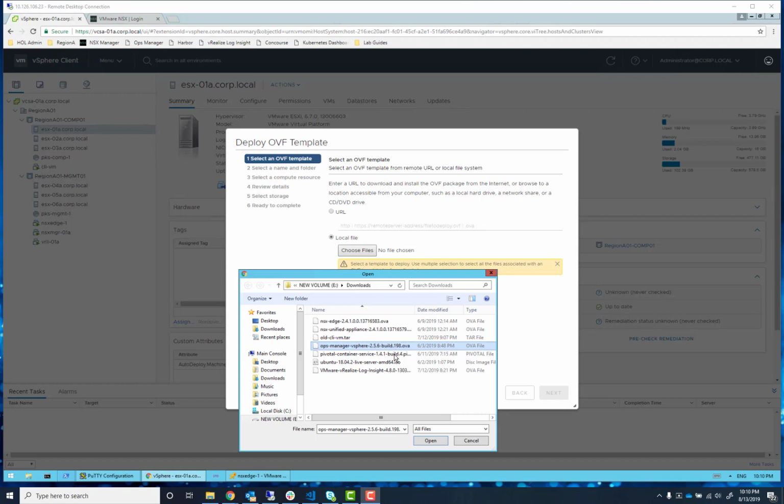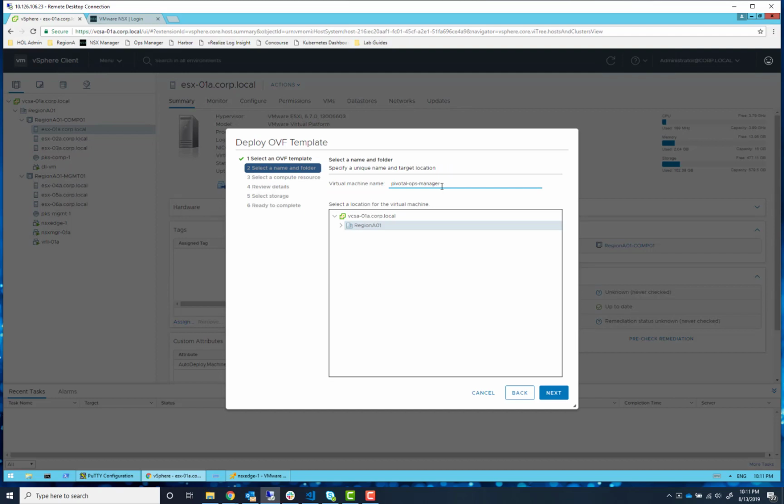At the time I built this template, 2.5 was still the current release. Now they're starting to move to 2.6, so you're free to go to PivNet and download Ops Manager. There isn't any particular restriction for being able to download that. So if you'd rather use 2.6, there are some additional steps though that I know we're going to have to add to the lab guide once I get to setting up 2.6 myself. But for now, we're going to go through this process for 2.5.6. It's almost the same. I think there's a new certificate setting that needs to be set up for the 2.6 and beyond Ops Managers. So, anyways, let's go ahead and press OK here,